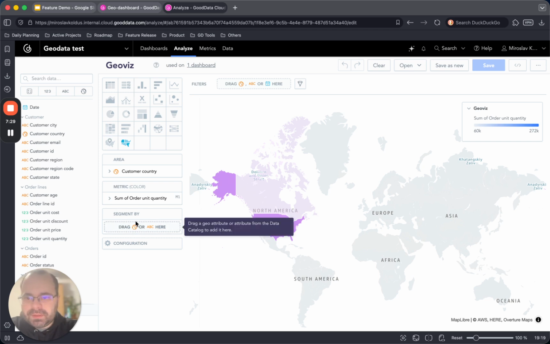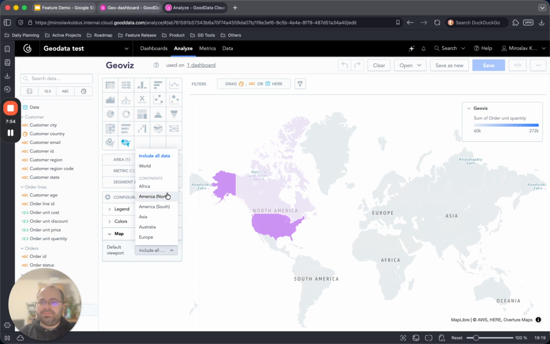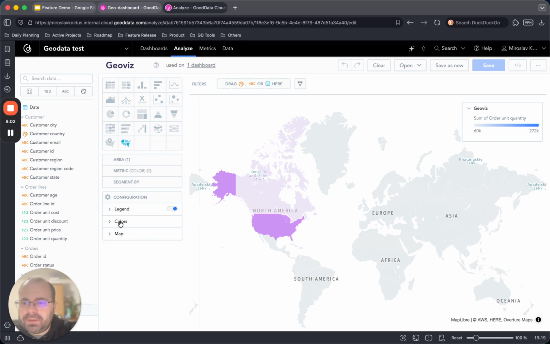an attribute for segmentation. There is one less bucket here because obviously, unlike in Pushpin, the area can't be scaled, so there is no metric for scale because that just doesn't make sense for this visualization. But everything else should be fairly familiar to you. We also have a couple of configuration options. You can decide what should be the initial zoom level of the map when the visualization is rendered. We also have some customization of the color coding, which will make even more sense when you,